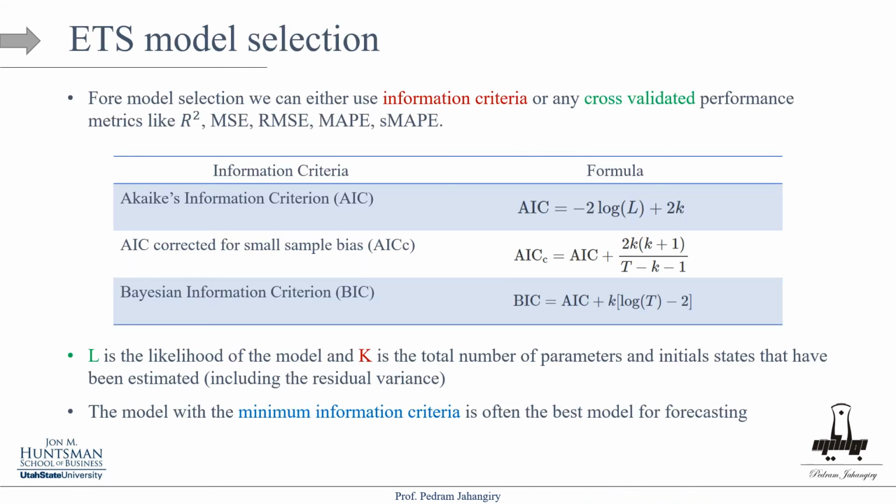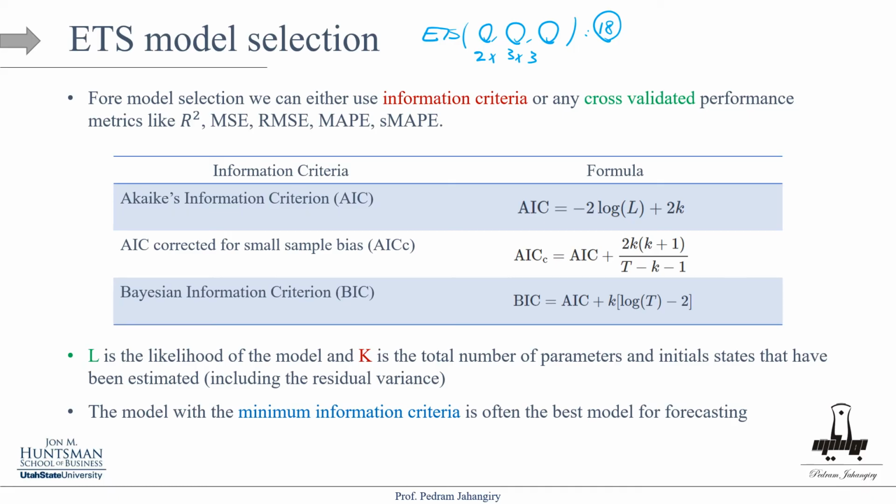All right, now let's talk about ETS model selection, because remember guys, we had 18 different combinations, right? ETS, 2 here, 3 here, 3 here, so 2 multiplied by 3 multiplied by 3. So we have 18 different combinations. How can we decide which combination is better? You have to look at some performance metrics in the test set,